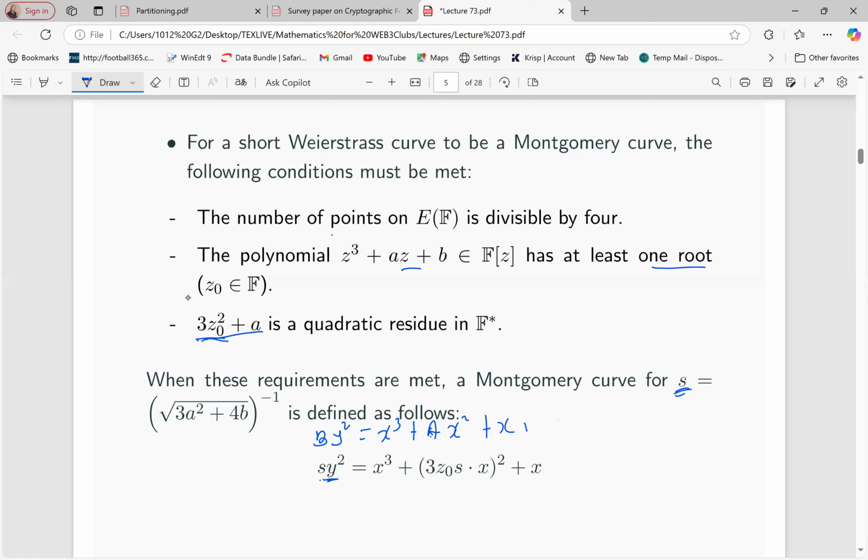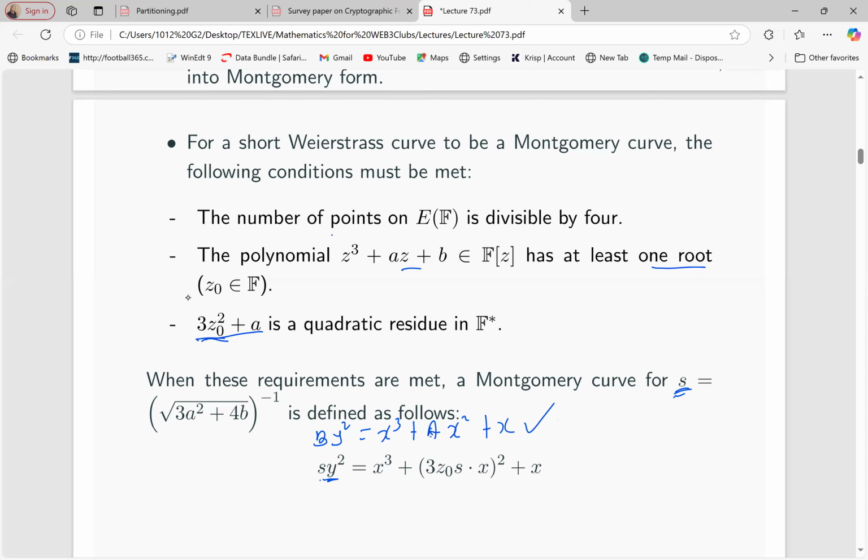This is how it is. But now we had the short Weierstrass and we have our s. So instead of b, we just write s y squared. Then there's x cubed. And then where there is a, our a is equal to